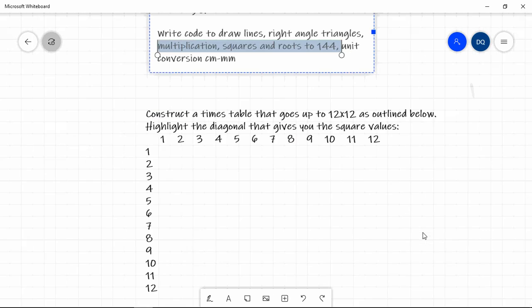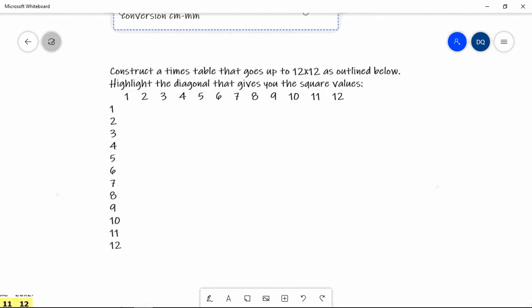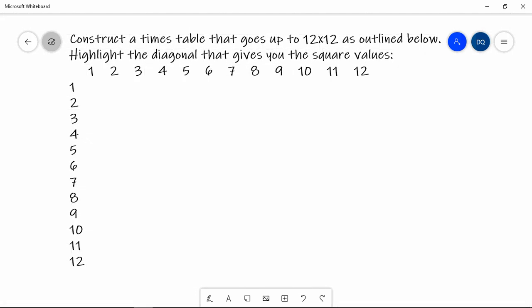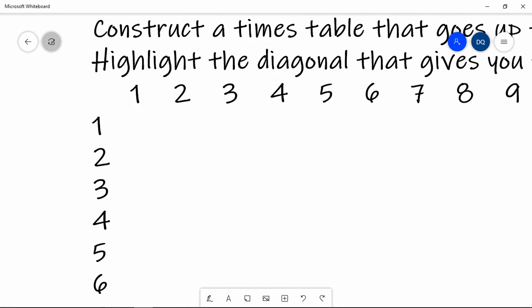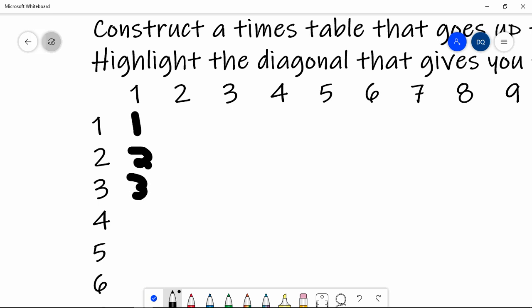So the first task I'm going to ask you to do should be a familiar one. I'm going to ask you to construct your own 12 by 12 times table as outlined below. So maybe pause that, take a few minutes, and write out all of the products that would go in here. The word product is the word we use in math for the number that you get when you multiply numbers together. So as you fill in your table, it's going to be things like 1 times 1 is 1, 1 times 2 is 2, 1 times 3 is 3, and then you keep going. So you have things like 3 times 2 is 6, 3 times 3 is 9, 3 times 4 is 12,